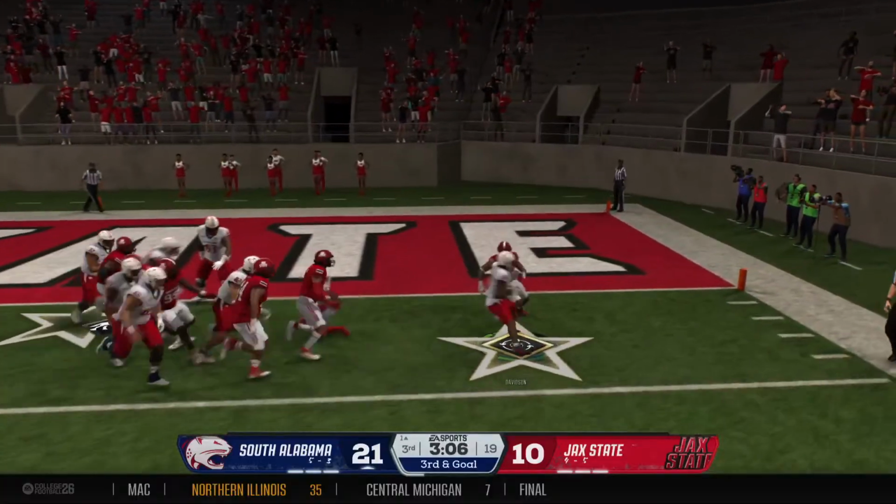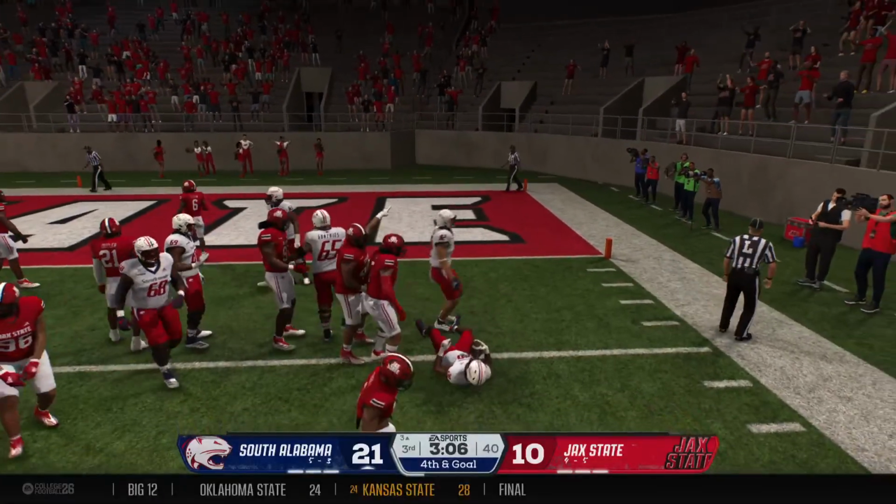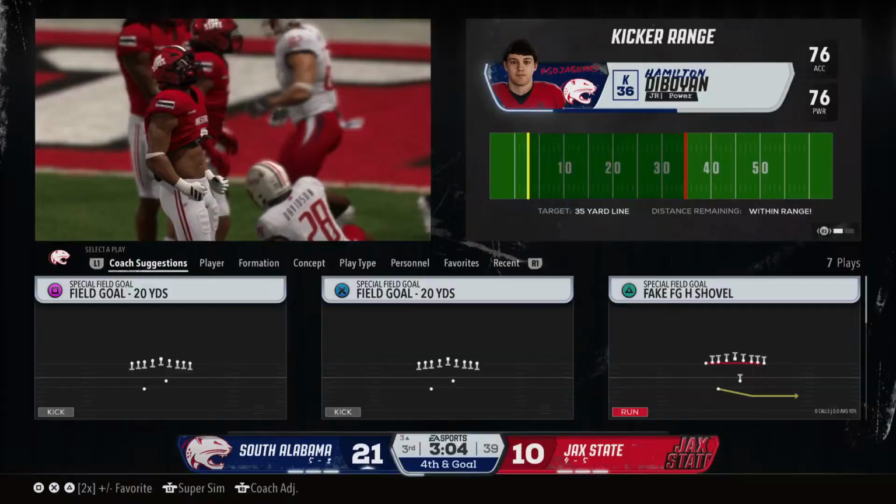Try to barge their way in. They'll knock him down for a loss of a couple. Man, it has been a